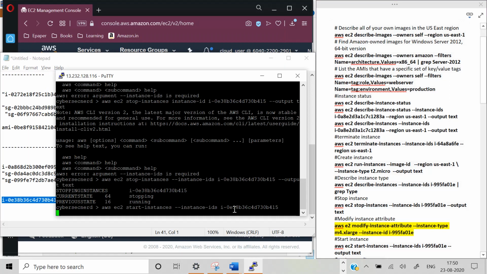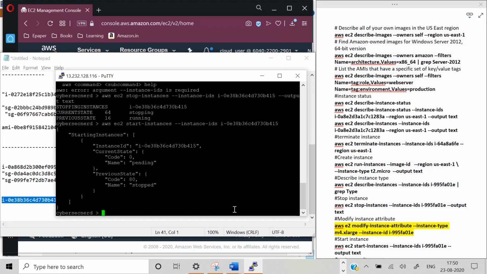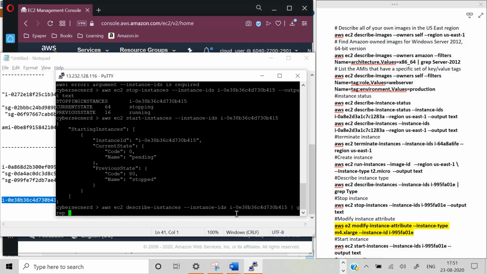And as always, we can run EC2 describe instances with the instance ID, to see whether the instance has been initialized or is in a running status. We can always do that.